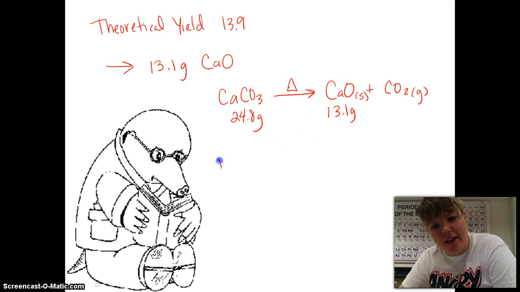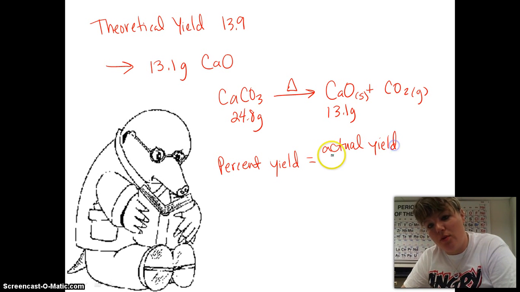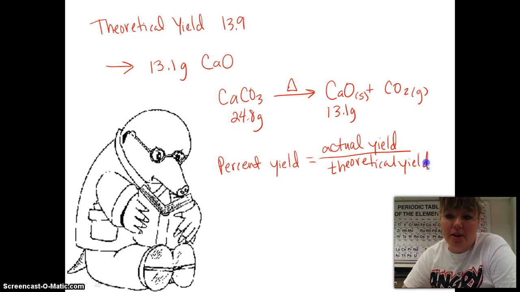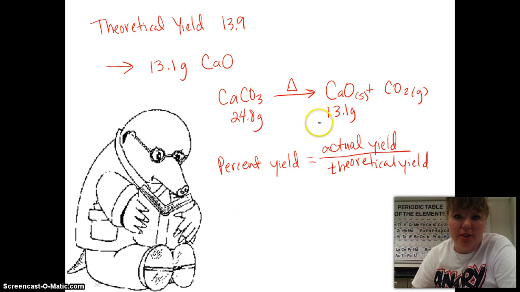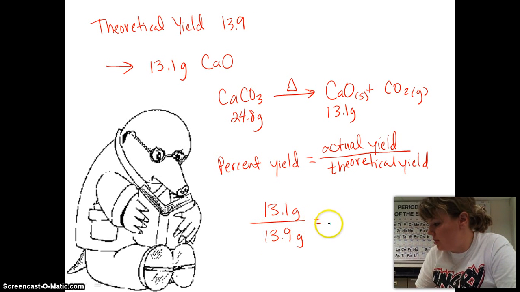So percent yield calculation is really easy. All you have to do is divide. So percent yield is actual, what you actually got, over your theoretical yield. So now we just divide these two numbers. So our actual that we got in lab was 13.1 grams, and what we theoretically should have gotten was 13.9 grams. So you divide those, and we'll get a number that is